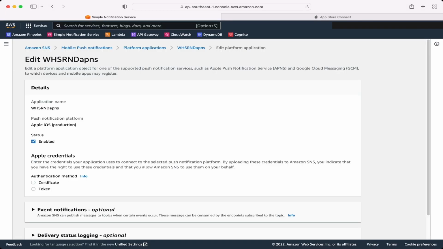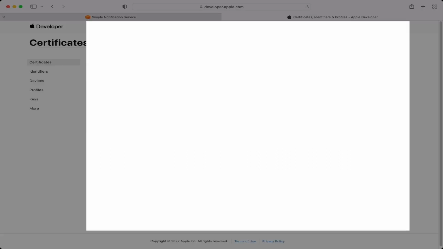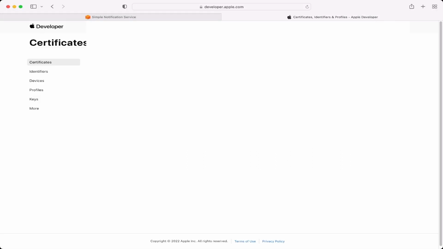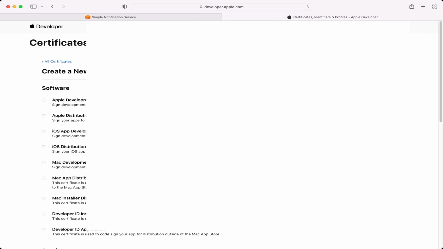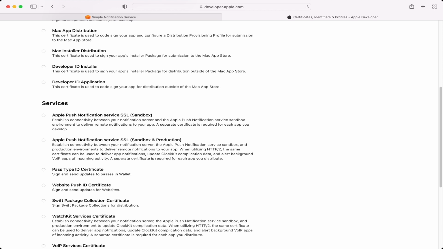So right now it's enabled for Apple iOS push notifications, and you need to provide the Apple credentials to send the notifications to Apple push notification service. So under developer.apple.com, I have the corner for certificates where I can create a certificate for Apple push services. By creating here, I can go to the Apple push notification service, sandbox and production,